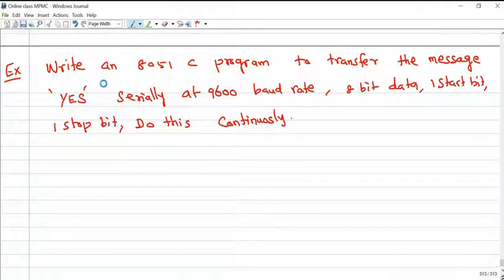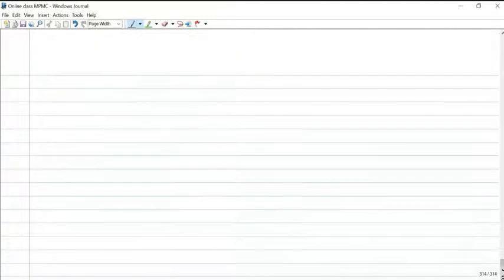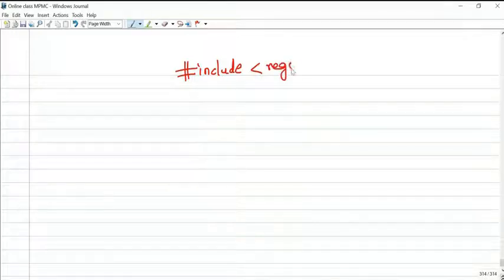Previously we transmitted only one letter. Now we have to transmit capital Y, then capital E, and then capital S. That's it. There is no other difference. The program: #include the reg51.h header file.